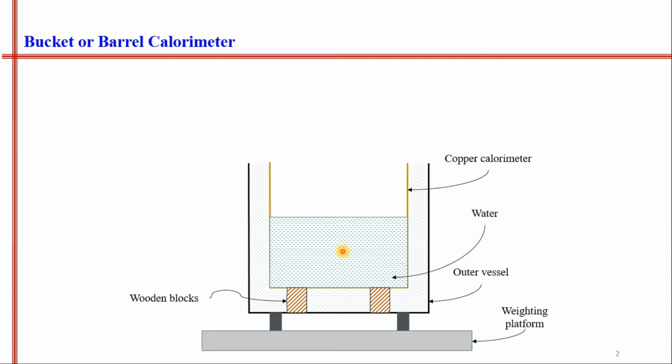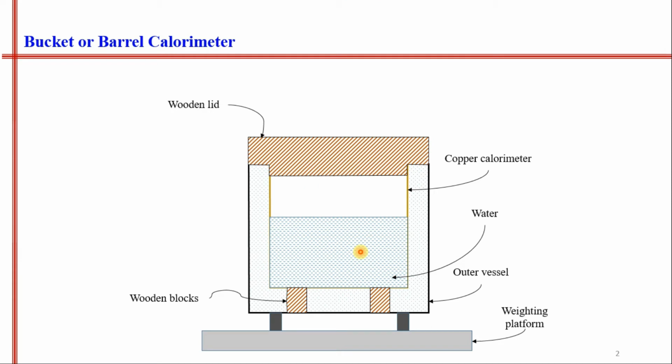In the copper calorimeter we place water at a certain temperature, and this complete system is sealed using a wooden lid. A thermometer is inserted inside the calorimeter to measure the temperature of the water and calorimeter system. The main steam pipe is located over here. From this main steam pipe we collect the sample of steam whose dryness fraction is required to be measured.